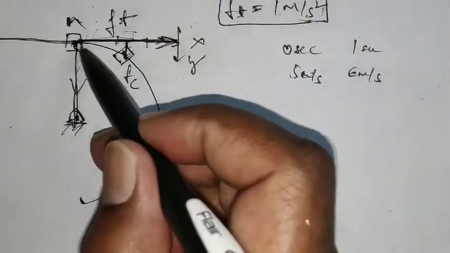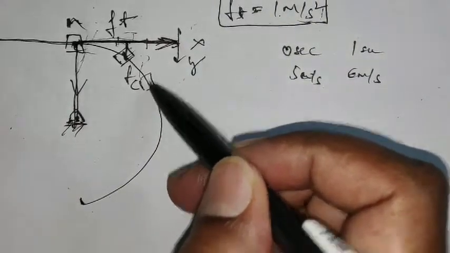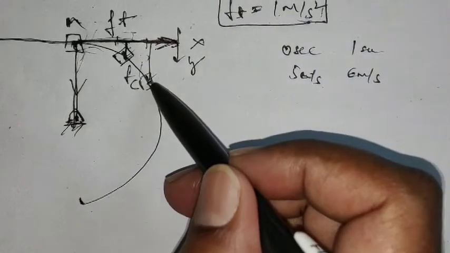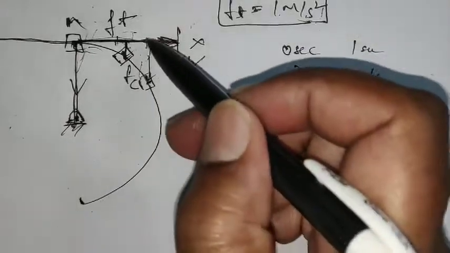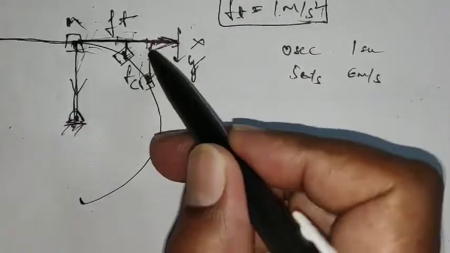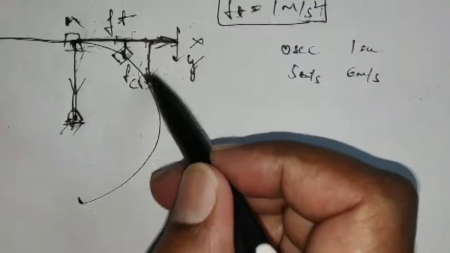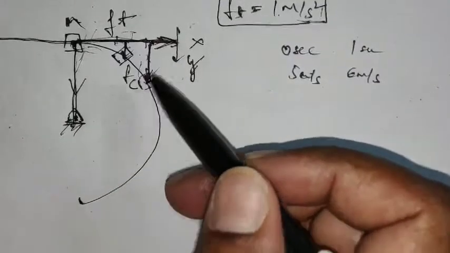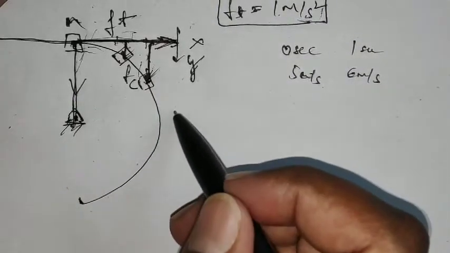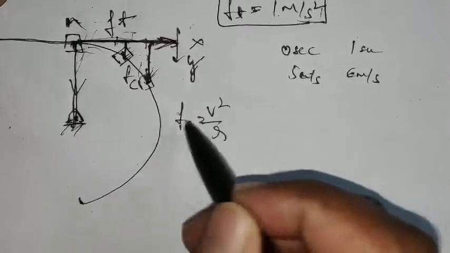So the faster and faster it moves, the more it will try to take newer and newer positions because of the speed v, and therefore this change in position in the y direction will be more and more. So there will be a change in velocity in the y direction. Therefore this component is called the centripetal acceleration. The centripetal acceleration is given by the formula v square by r.